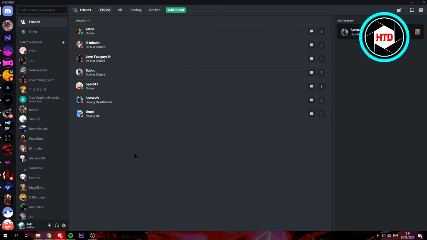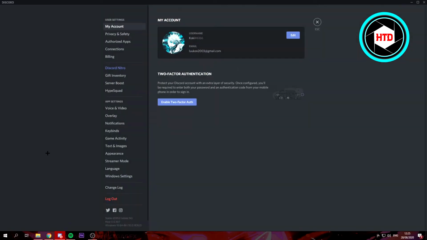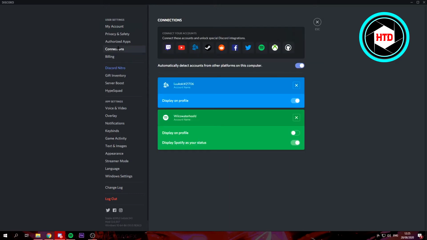So what you want to do is open up your Discord and then just click on the user settings right here. Once you're in the user settings, you basically want to go to connections right here. And this will show you guys all the connections and the different stuff you can connect to. So we're just gonna click on YouTube,